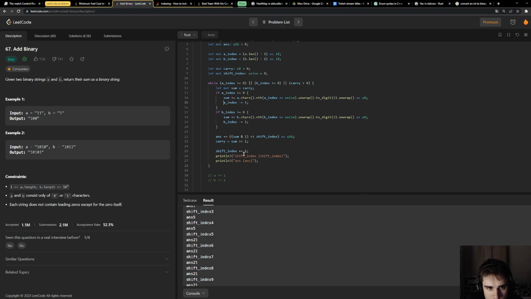The sum will be 2. It will make the carry equal to 1, because then we divide by 2. When you go to the next iteration, A index is equal to 0, B index is equal to 0, and carry equals 1. Hope it clarifies the